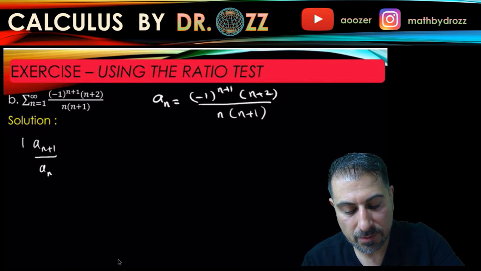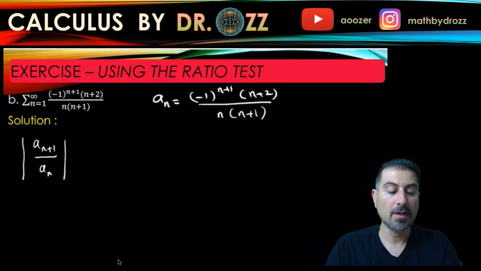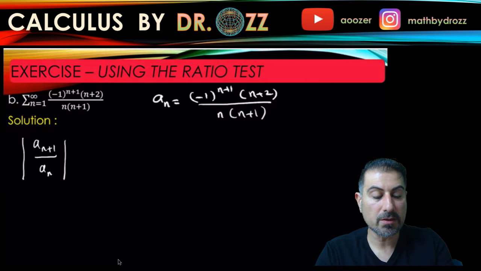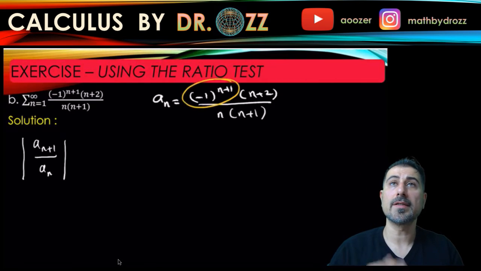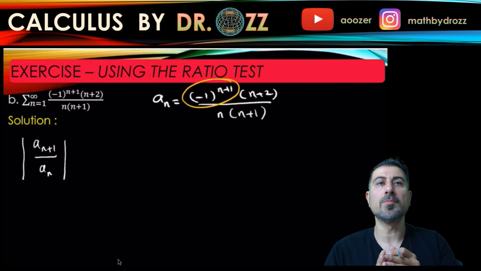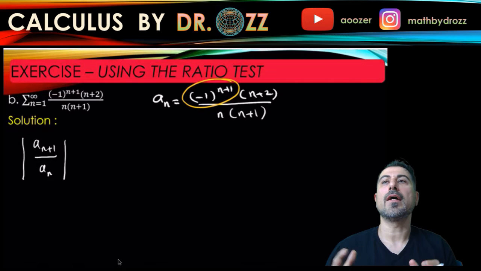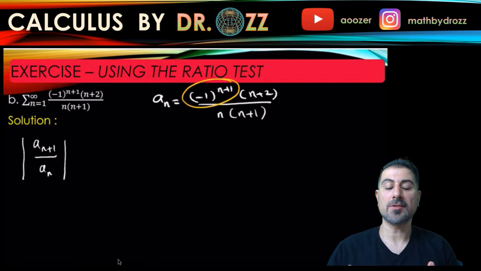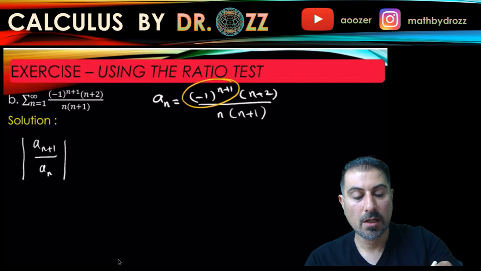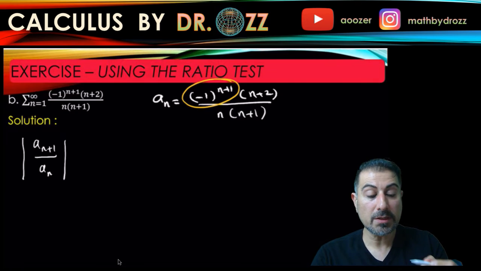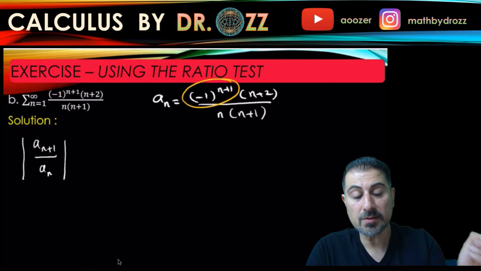I have to take the absolute value here, and it's important because this part is alternating, so that switches its sign from one term to another. So that is going to make the whole ratio negative. That's why we take the absolute value here. So for that reason, I don't need to worry about the alternating part, because at the end of the day,